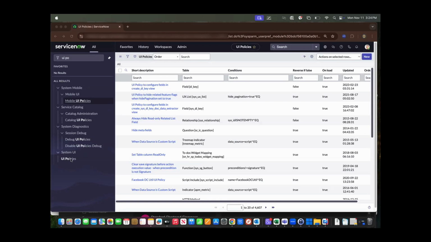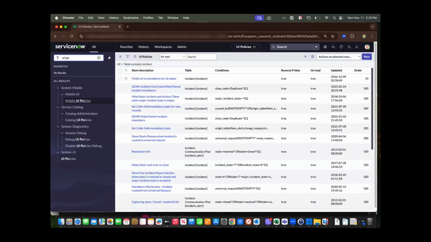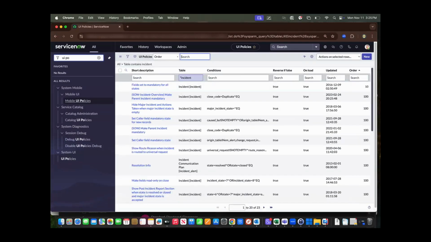And the UI policies, it's also a platform capability, as you can see. I've typed into the top left, and it's under system, so System UI, and now we are on UI policies. And as you already know, ServiceNow is always platform centric, module centric, right? So if we put the incident module as an example, it will have all the UI policies under the incident module. Now, if we create a new one to give you a better picture of how it